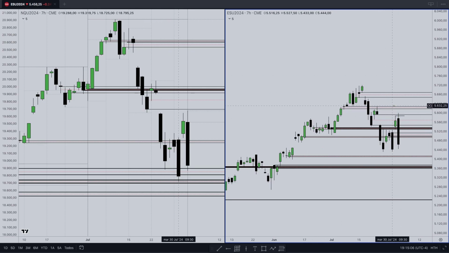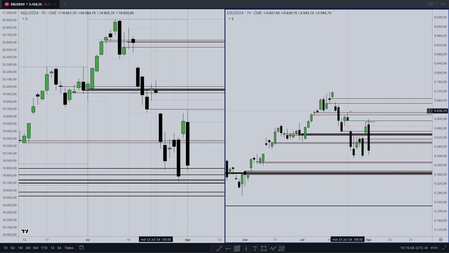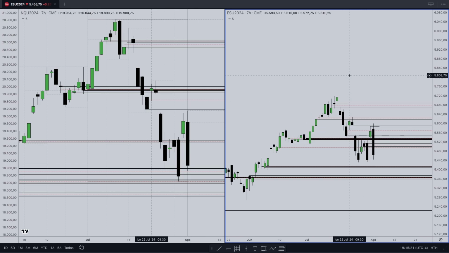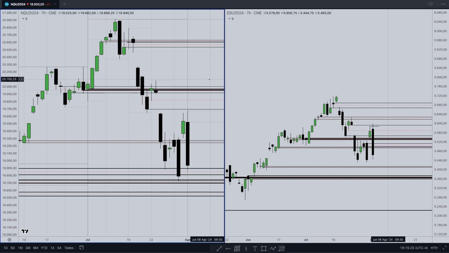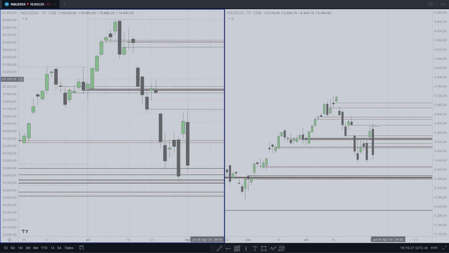And I was talking about this on my Twitter account, about how to use this exact behavior, but for intraday charts on the opening range gap or regular trading hours gap. Okay, now if we move on to the 15 minute chart,